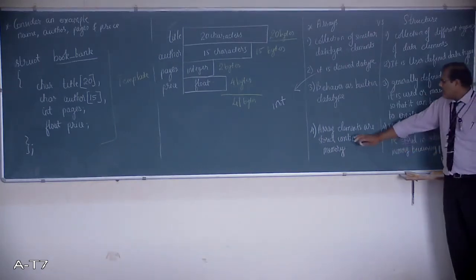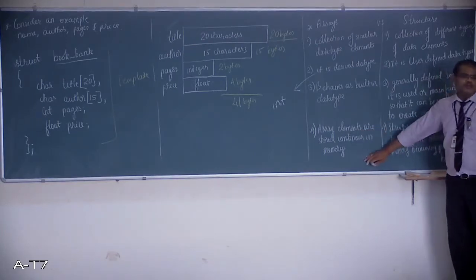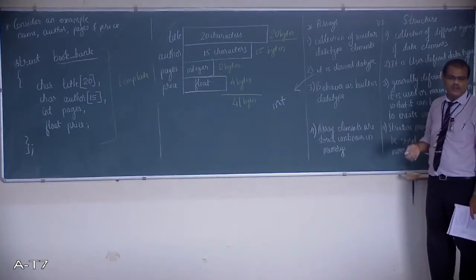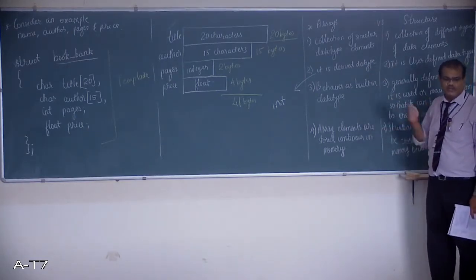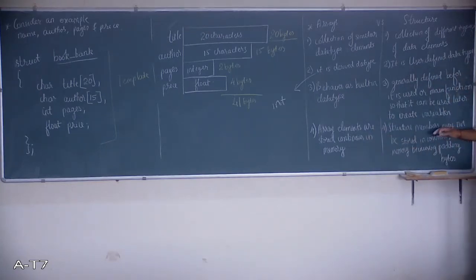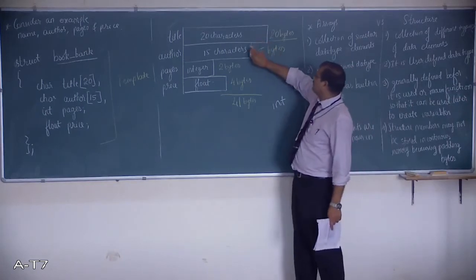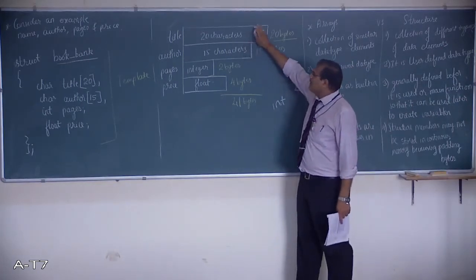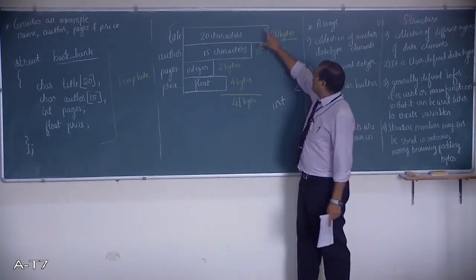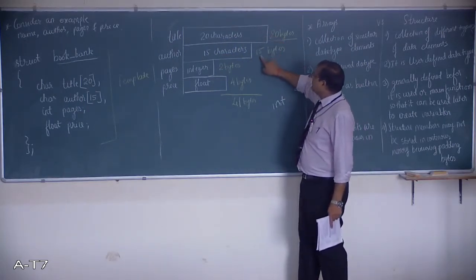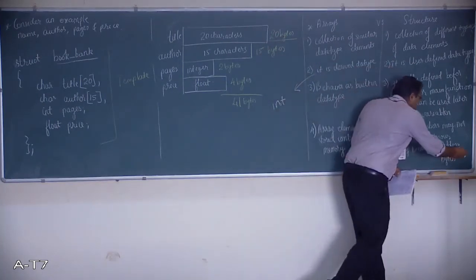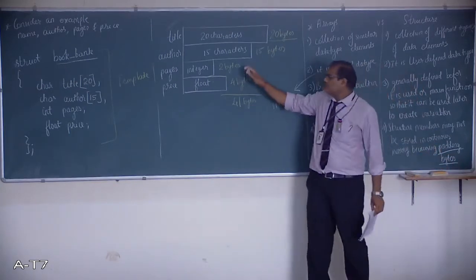Fourth one, array elements are stored continuously in memory. So here while using an array, if I have 3 variables or 8 variables, they are going to be stored in a continuous fashion, one after another. But here in structure, it is not the same. Now the structure variables, since you can see here the size is different, these members can be stored non-continuously. Now here this is 20 bytes, this is 15, I need to make this 20. So we have a special case called padding bytes, which is being used to store here.